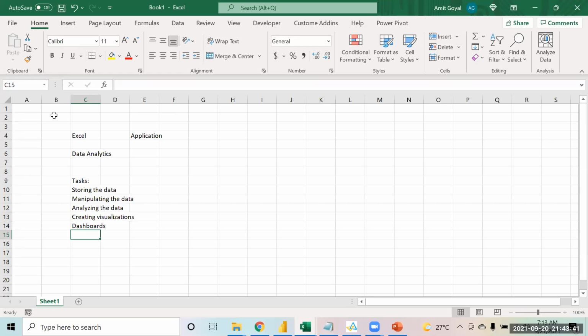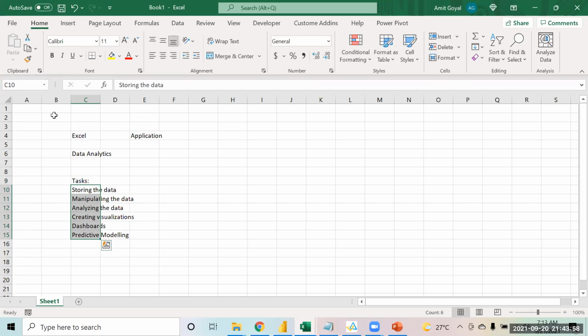You can use Excel for predictive modeling, doing predictions, not very advanced, but the basic ones. These are the different areas where Excel can be used.